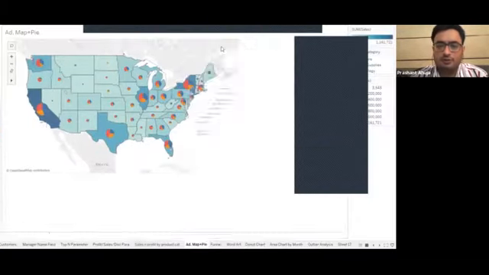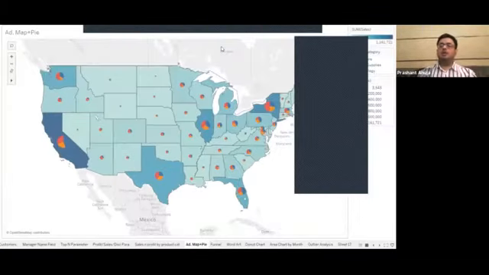I got to know from the last session you learned how to create a geographical visualization. You learned how to create a map. You also learned how to create a pie chart representing different values. But can you club both of them together? Can you create a map of, let's say, the United States, and for each state, can you tell me what are the product categories? What is the split of product categories for each state depending upon the volume?